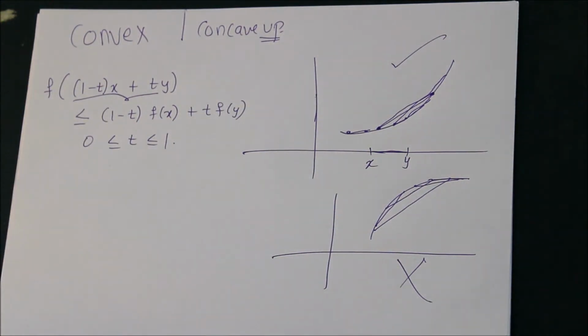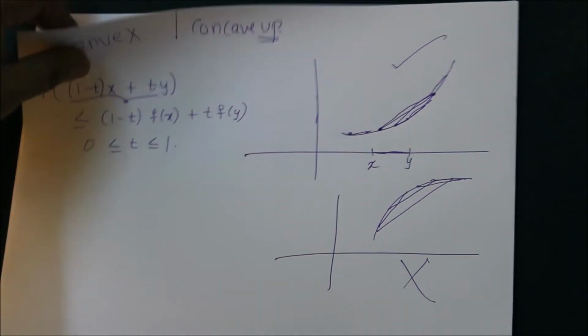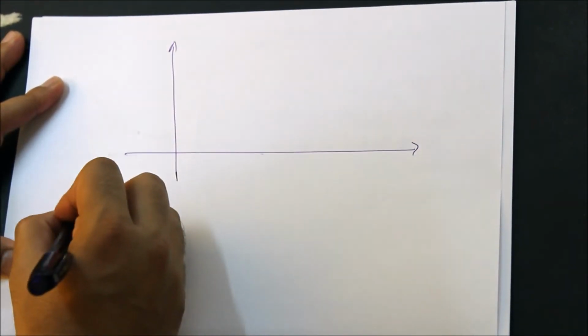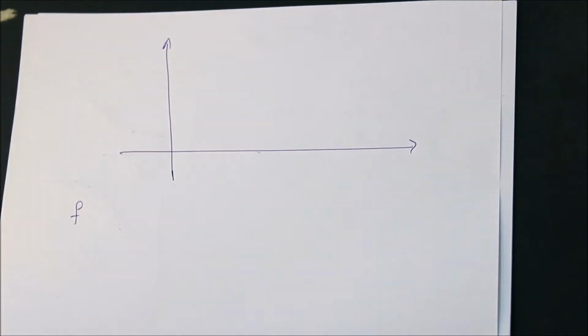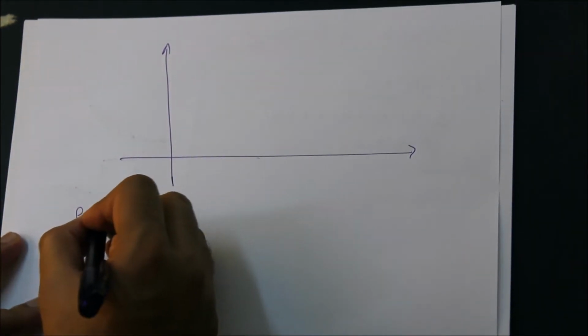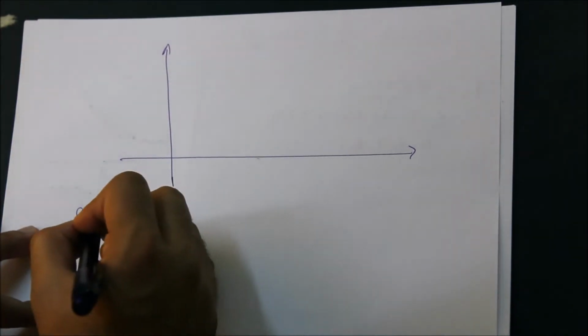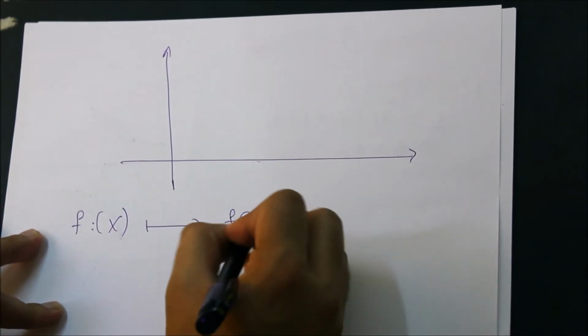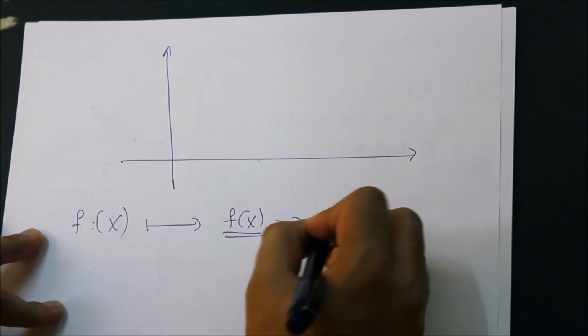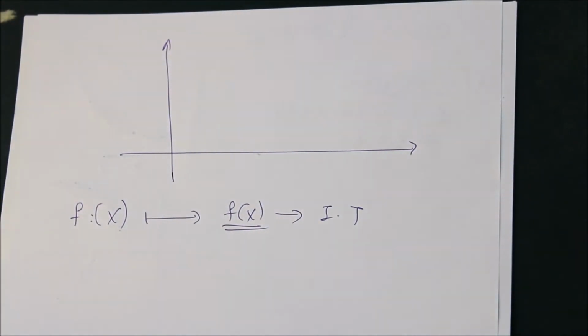Now let's see why our income tax function is a convex function. Our income tax function is an example of a convex function. How so? What is the function? f is the income tax function, where the input of the function is the salary, the amount which I earn. So x goes to f of x, and f of x is the income tax which I pay. So x is the salary, and f of x represents the income tax I pay.